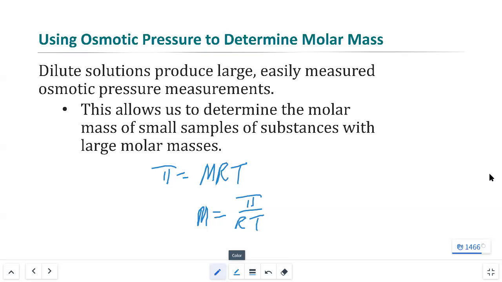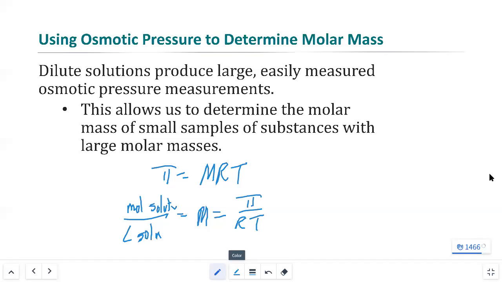and turn it into molarity is equal to pi over RT. And from there, use this equation to figure out how many moles of the solute there are. So that's the end result of this. You can take substances where we don't know their